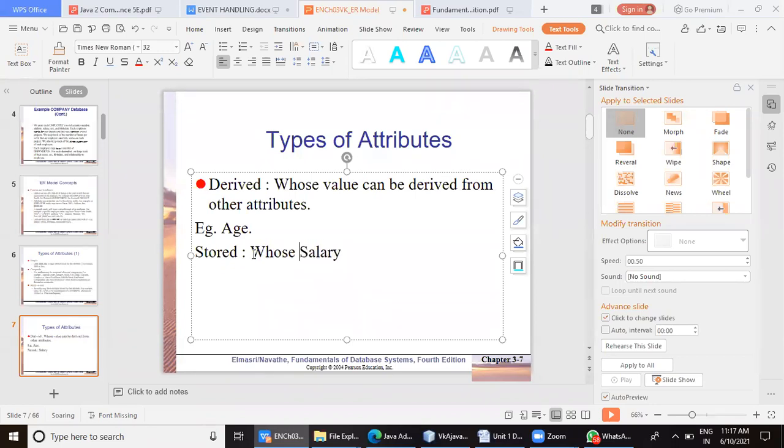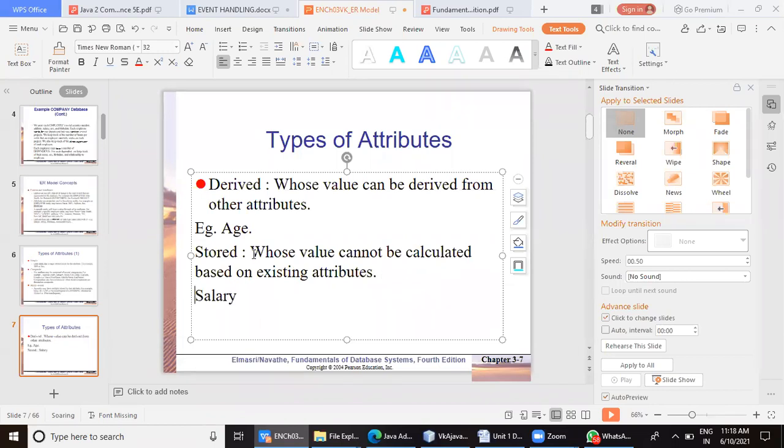You can write it in a negative term like this: whose value cannot be calculated based on existing attributes. It should be stored by the user.